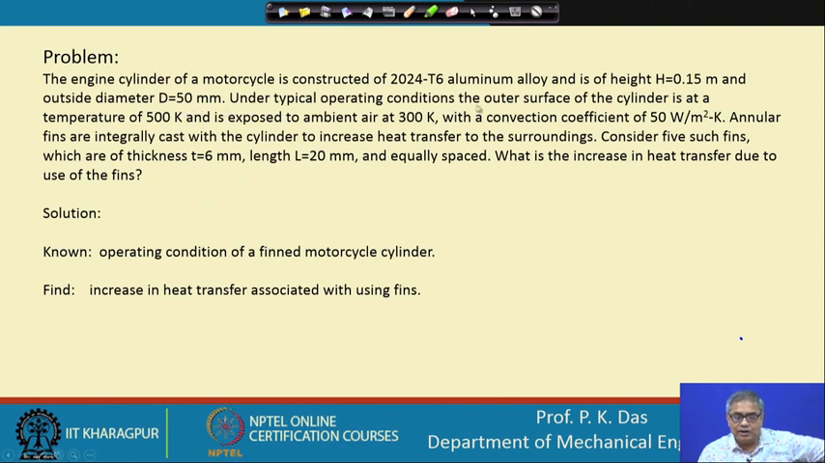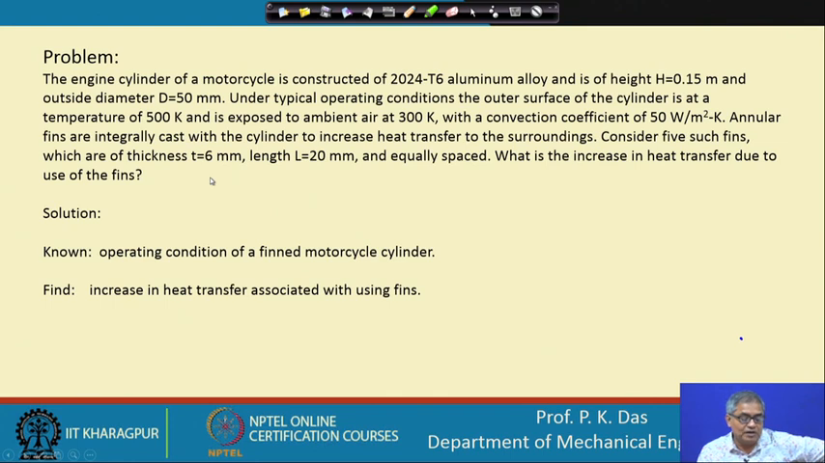Under typical operating conditions, the outer surface is at a temperature of 500 K and is exposed to ambient air at 300 K with a convection coefficient of 50 watt per meter square Kelvin. Annular fins are integrally cast with the cylinder to increase the heat transfer to the surroundings. Consider 5 such fins